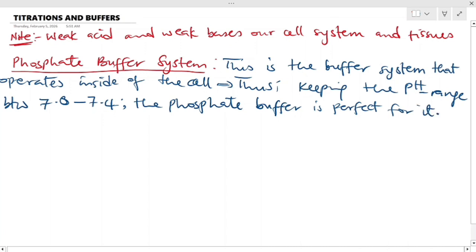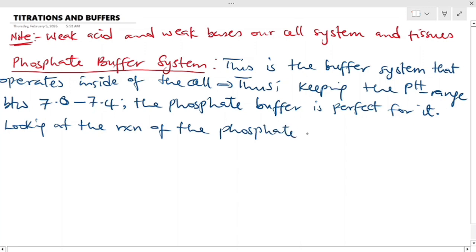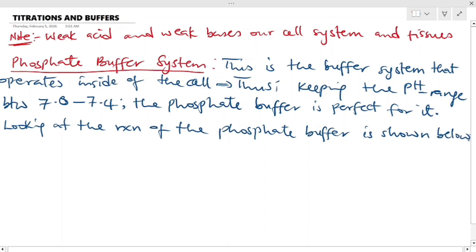So we want to look at the phosphate buffer and the reaction that can take place as follows. The reaction of the phosphate buffer is shown below. So we have H2PO4 minus,